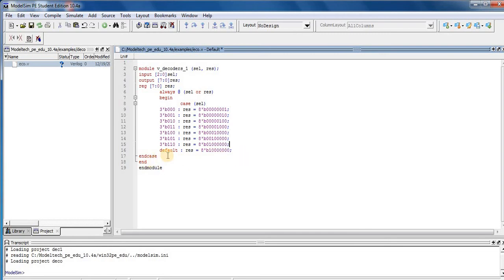After that I type endcase and endmodule. So you can understand the Verilog module for the 3 to 8 decoder.